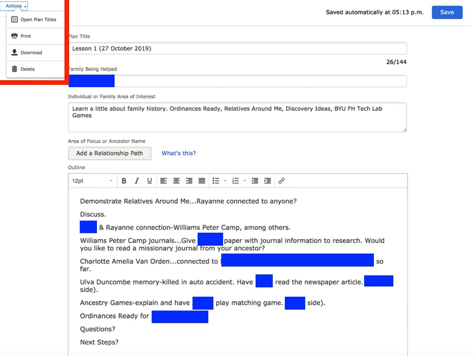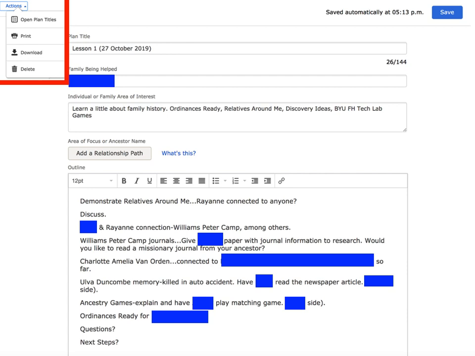This was a family in my area that was really excited to meet with me. I promised I would have something for every age, and I think I was able to do that. The mom and I found that we were related through a common ancestor, Charlotte Amelia Van Orden. As we checked around, we found there are a total of 5 families in our neighborhood that are related to